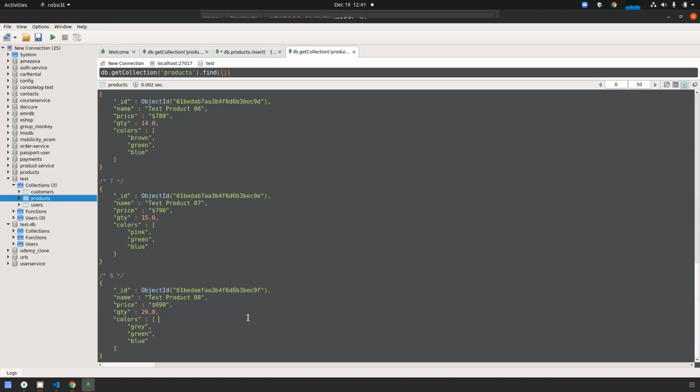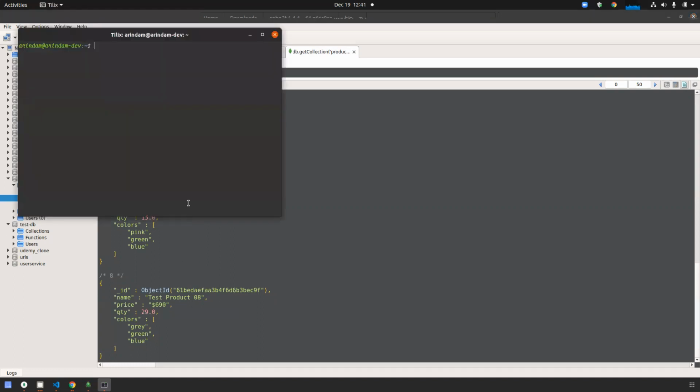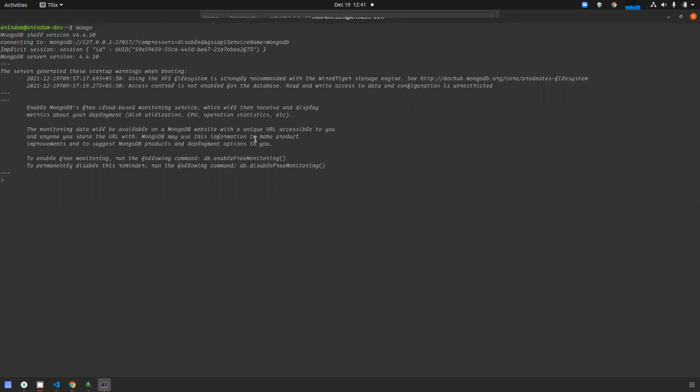I'm just showing the example from the Mongo shell also. This is a terminal running Mongo. Now you have entered the Mongo shell. Now use test, so switch the db to test. Now db.products, that is our collection name.